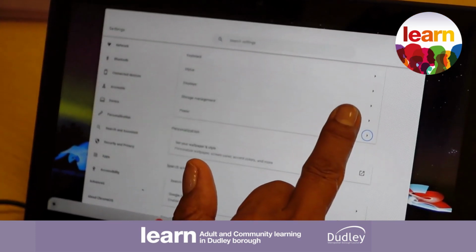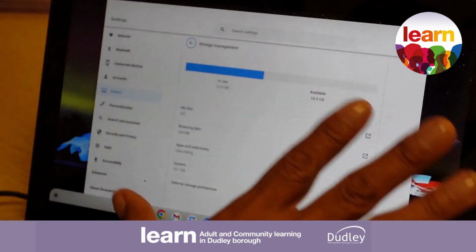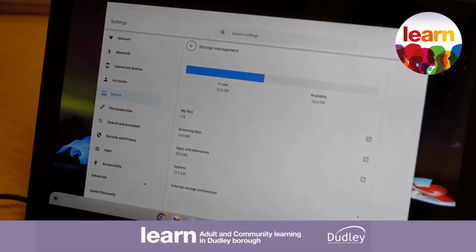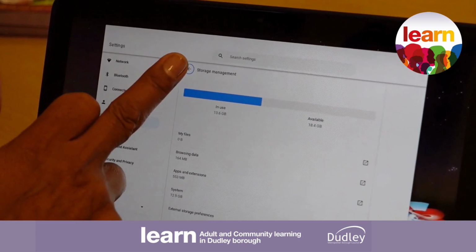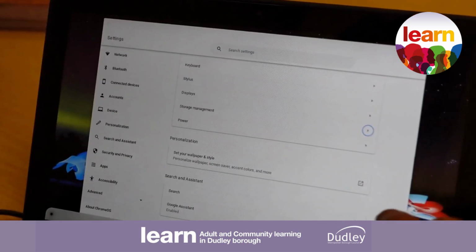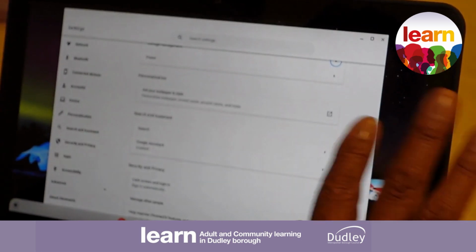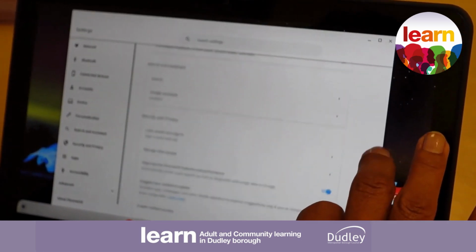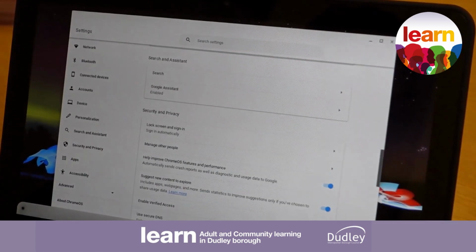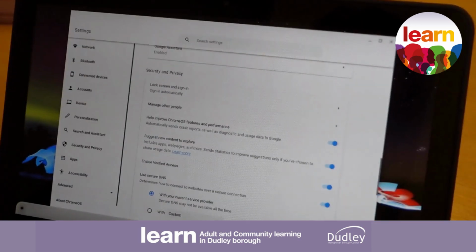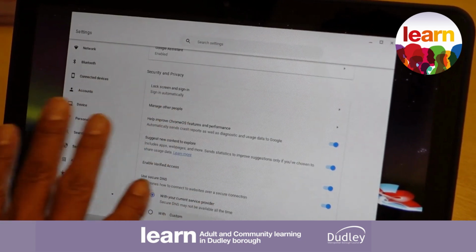So anytime you see a chevron pointing to the right, it just means that there's more options available, and then it tells you the name of the option that you're in. So to navigate back, you simply click the back button just there. If you want to personalize it and set your wallpaper and change the background color, you can do all of that. If you want to set up and use the search assistance, and your privacy and security,